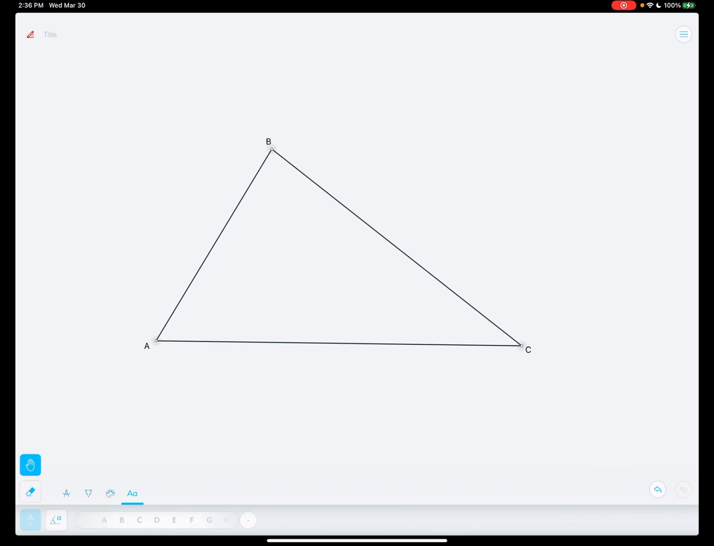Now we're going to be talking about the centroid. The centroid is the intersection of three medians. So what exactly is a median? If we were to take the midpoint of all of our segments, so AC, BC,